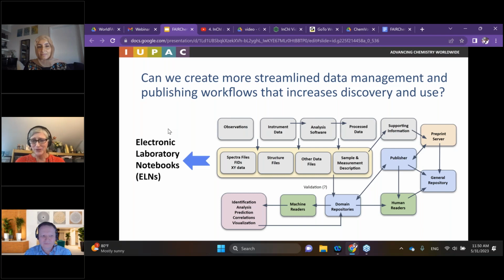Again, lots of pieces to keep track of though, lots of different software to connect with, instruments and places that files are stored. Happily, there are many different tools emerging, like electronic laboratory notebooks, that are becoming better and better every day. Two that are specifically geared towards handling this kind of data, for example, are MBook from Mestrelab and Chemotion from the NFDI4Chem project. Those are two notebooks that are available that anyone can sign up and try to use